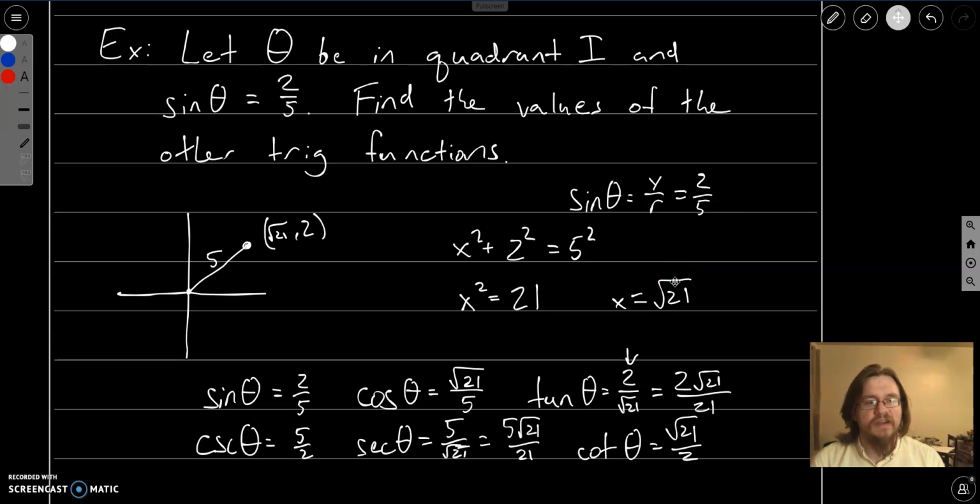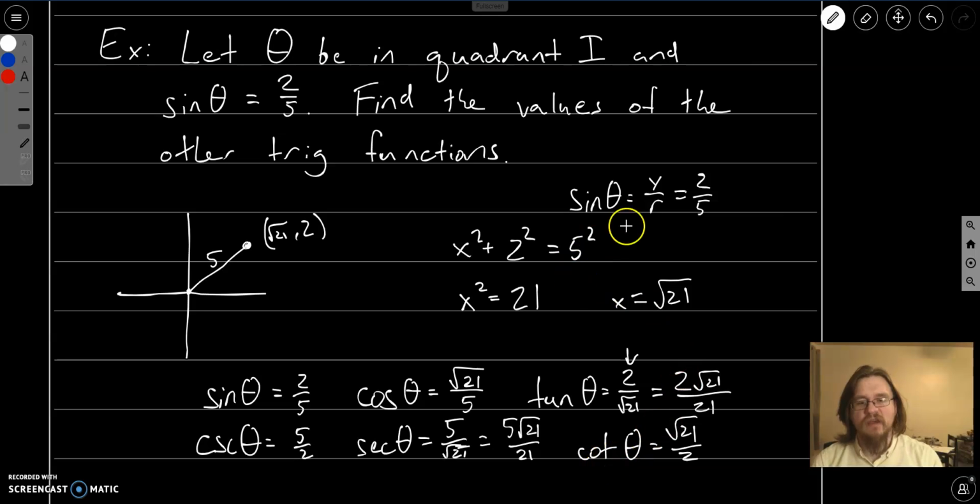Hello and welcome back. So I want to look at this last question just in a little bit more detail. We were told that we have an angle in quadrant 1, and the sine of that angle was 2/5. We want to find the values of all the other trig functions. So we found values for x, y, and r and plugged them in, and were able to compute all of